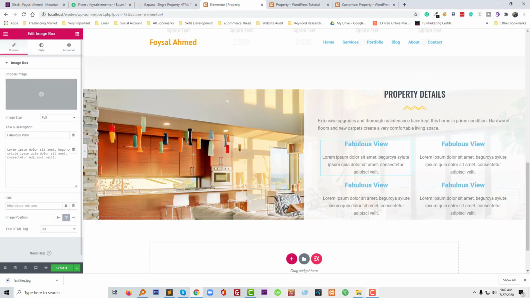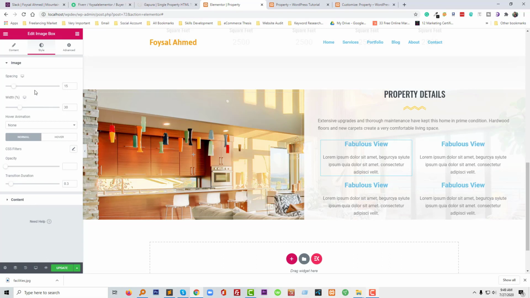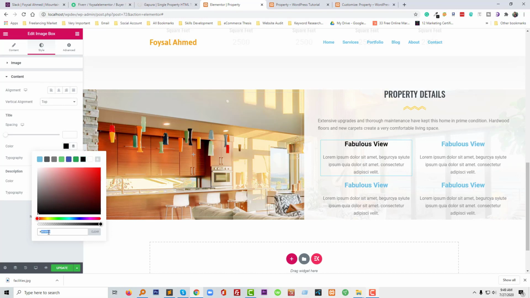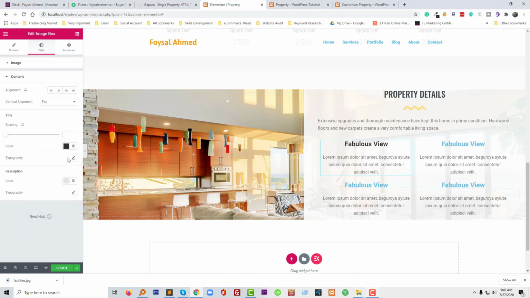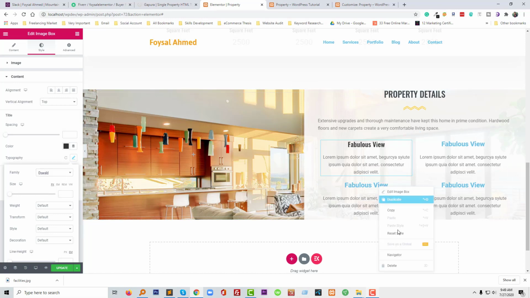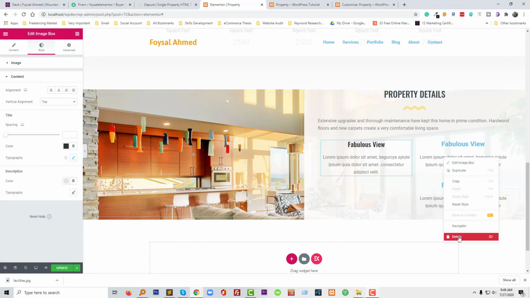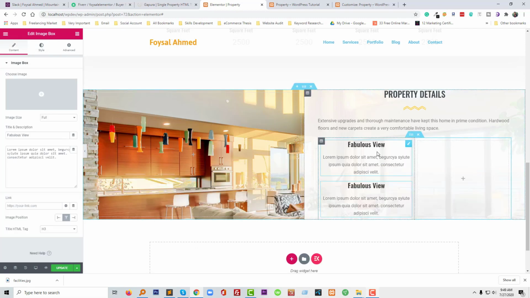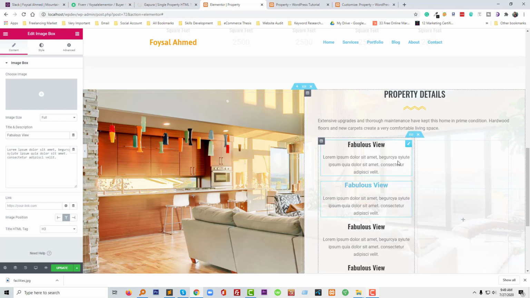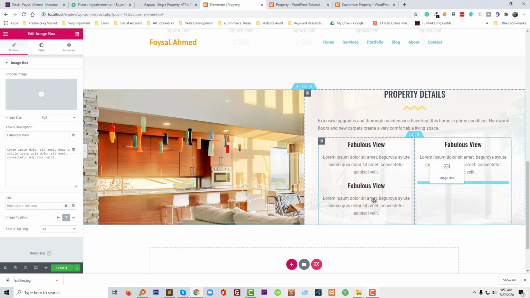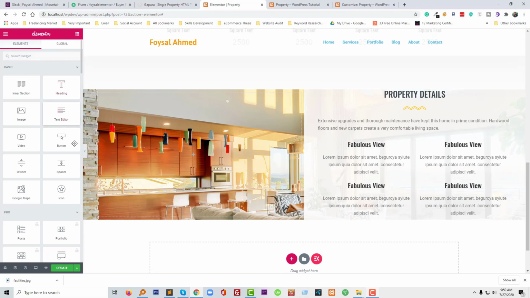So I'm going to click on here, typography, title color, typography, delete this one, delete this one, delete this one, duplicate, duplicate, duplicate. Duplicate. Okay, then add button,